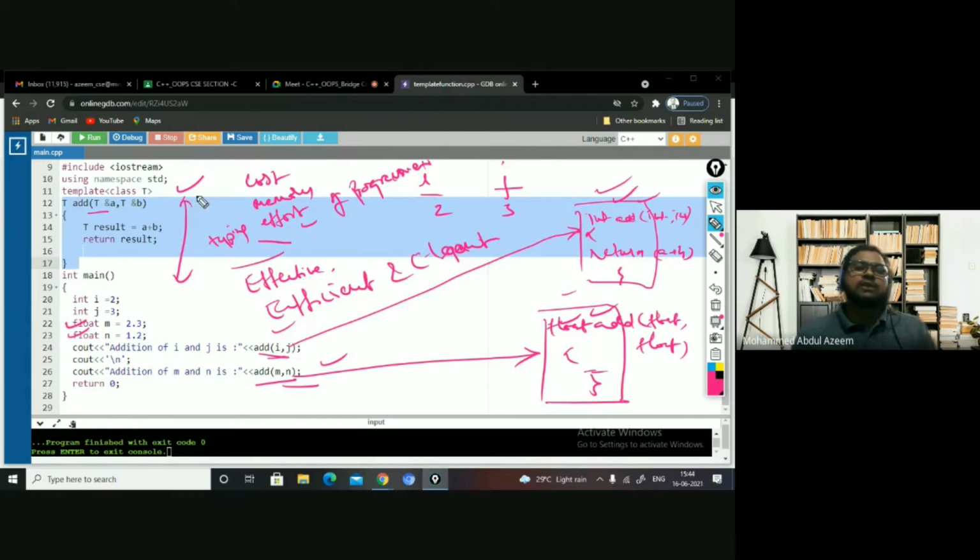You can apply templates on classes as well, right? If I apply templates on classes, then I say it is a class template, right?